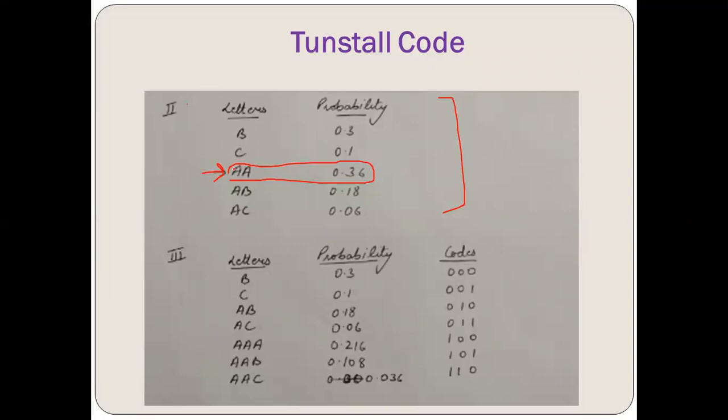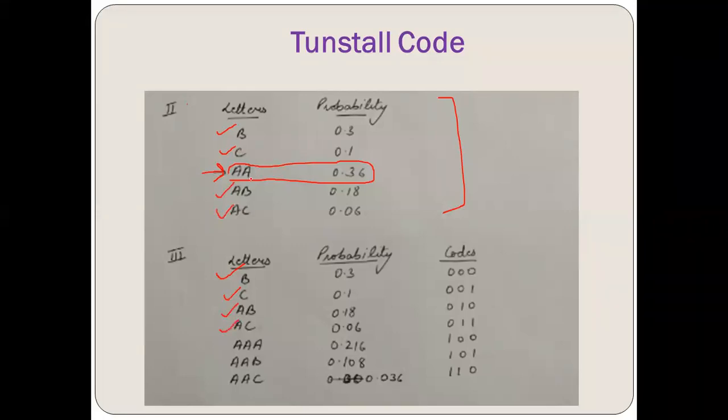And I have to multiply it with all the letters which were earlier defined, right? So let's take A into A. AA, I have omitted out. So what will be left in the next table? I have B, 0.3. Then I have C, probability 0.1. I have omitted AA because it has the maximum. Then I have AB, 0.18, and AC, 0.06.